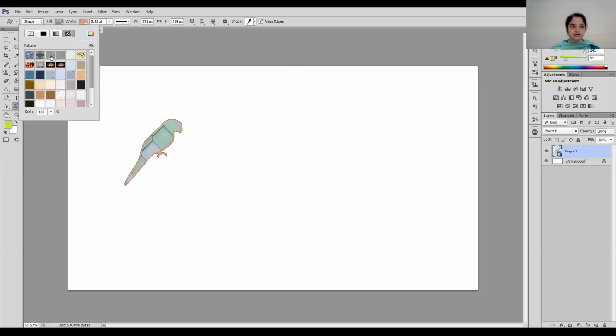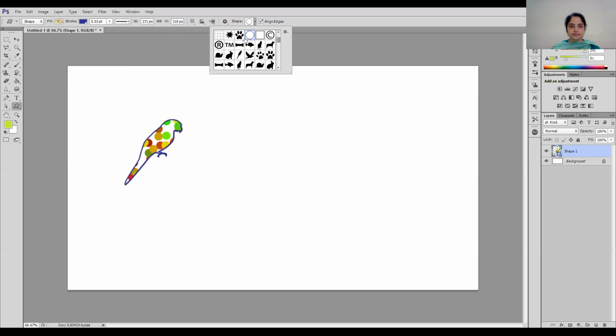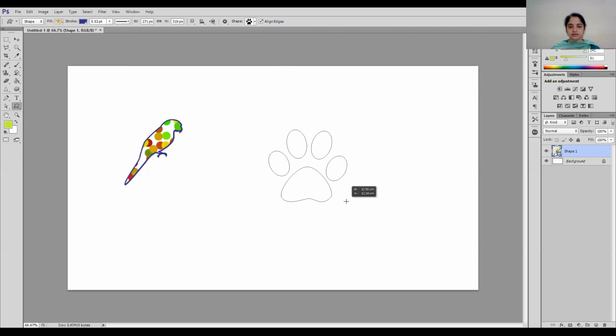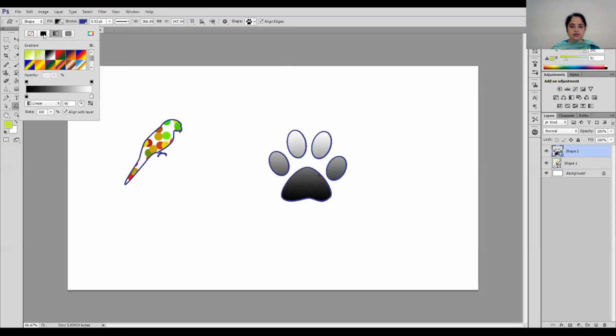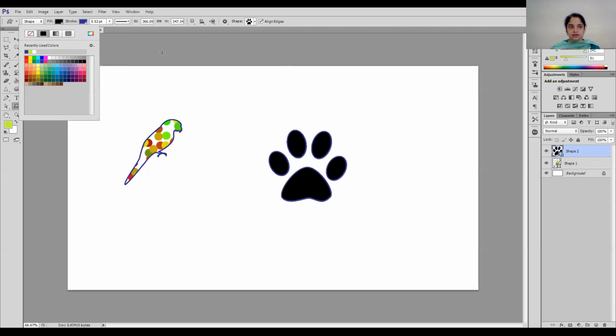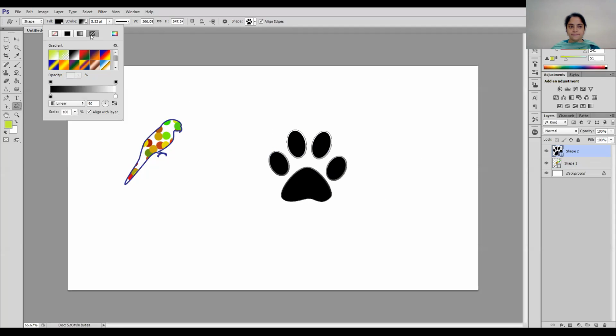You can select the pattern or you can select the color that you want to fill. For stroke, you can select a single color. Then again select the shape and drag it, and it will draw. In fill you can also have patterns, gradients or a single color. For the line color you can have three things: single color, solid color, gradients and patterns.